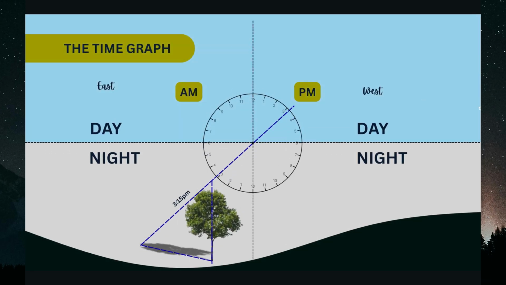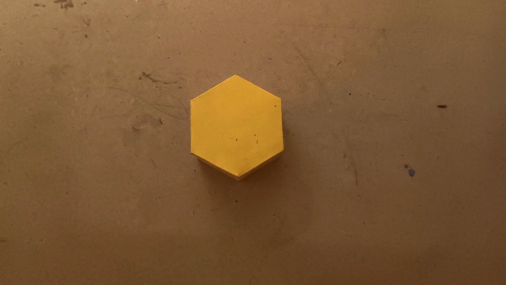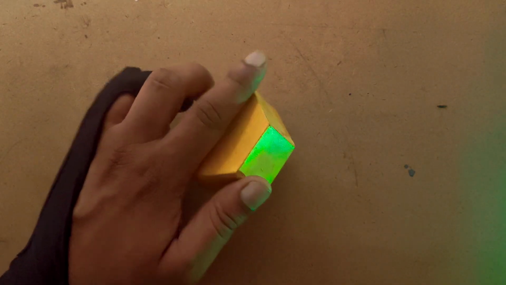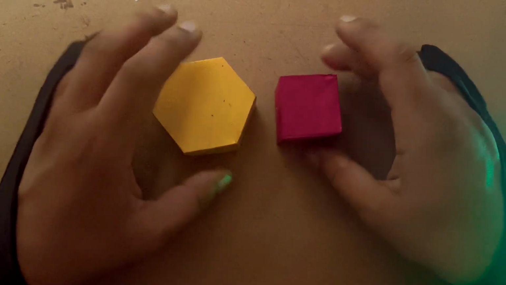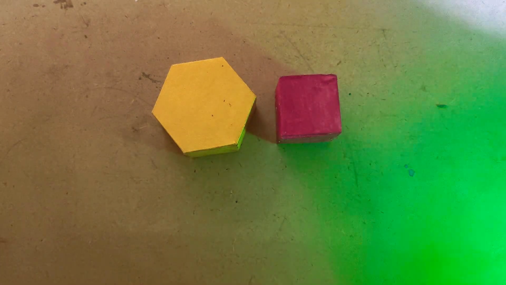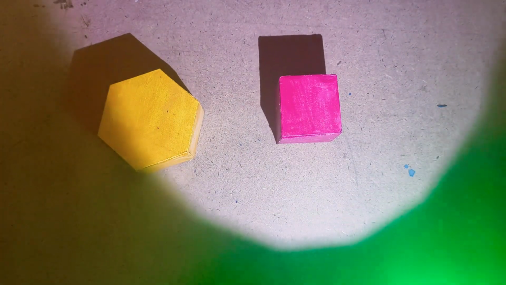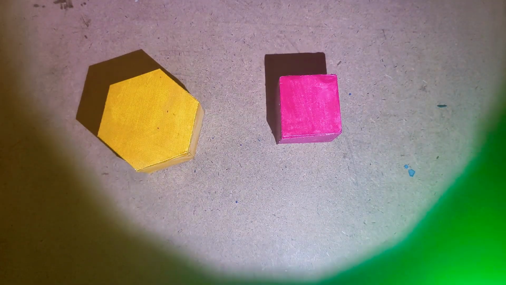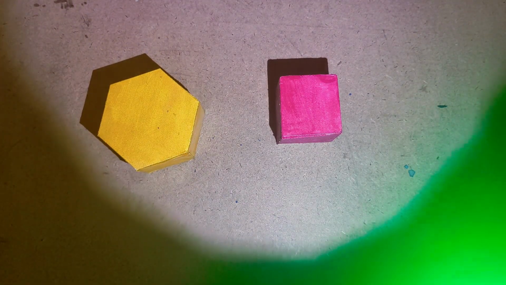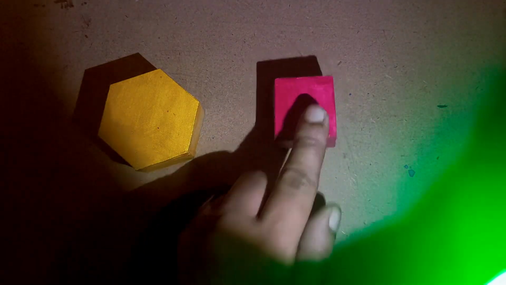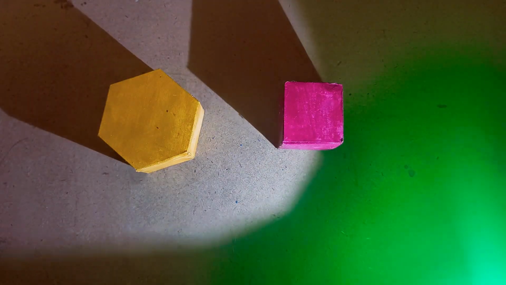Now, this thing is going to be very, very important for you. We call this the time graph. I'm going to show you practically how to draw this time graph. Okay. So now I have some objects with me. Like we have 3D forms, I'm going to show you how a shadow is created by a source of light. So I have a flashlight here. You can see this. If I put it like a top view, the shadow will be very small. But if I change the angle,